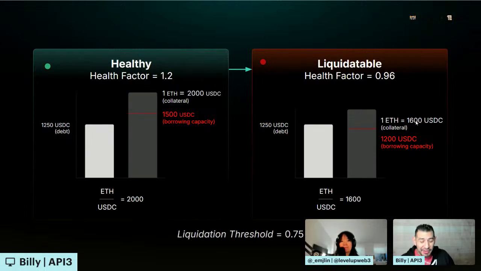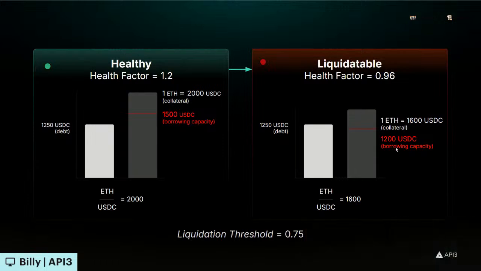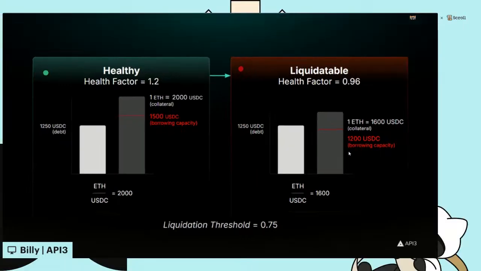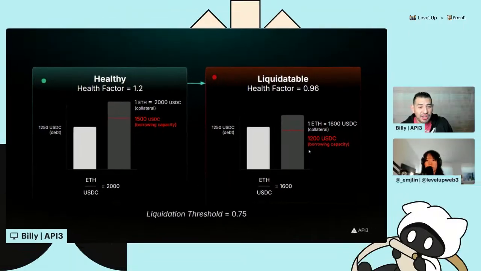I went to sleep, woke up, and I'm like, whoa, it's 1,600. Well, if our ETH is 1,600, our borrowing capacity for that is only $1,200 because of that liquidation threshold formula. And we have 1,250. So we are in debt, right? So I can be liquidated. Just by holding that same USDC and having this ETH drop in value overnight, or within an hour, or in a flash crash, I am now in the liquidation threshold. So that's pretty much what happens, right?